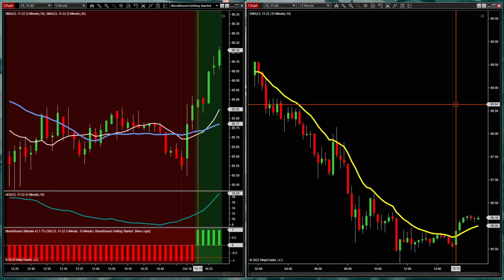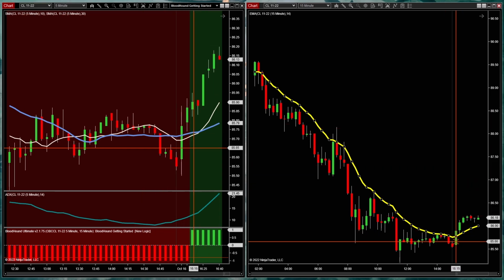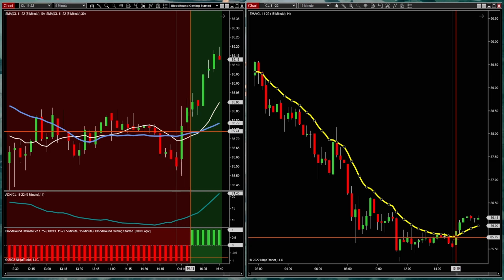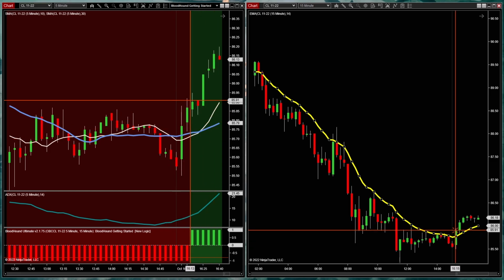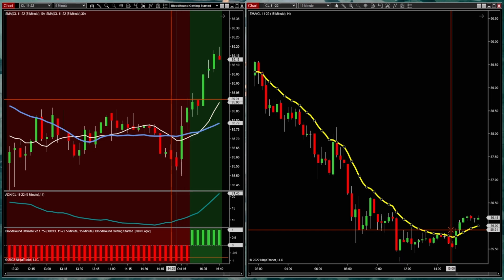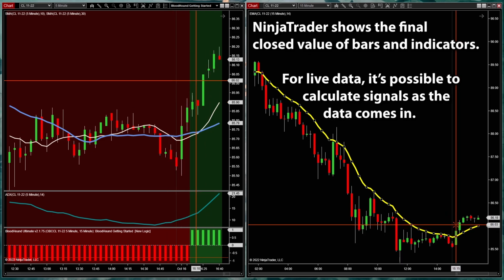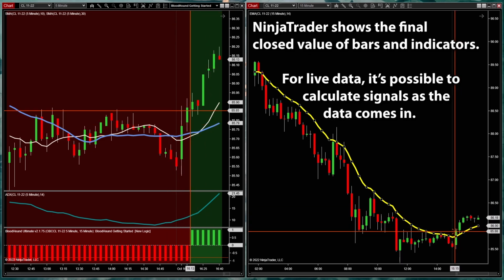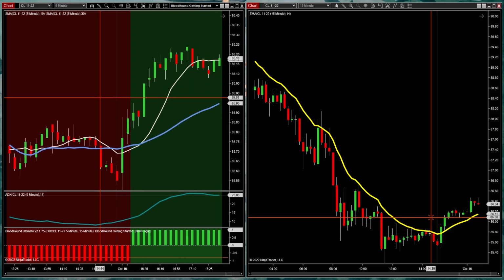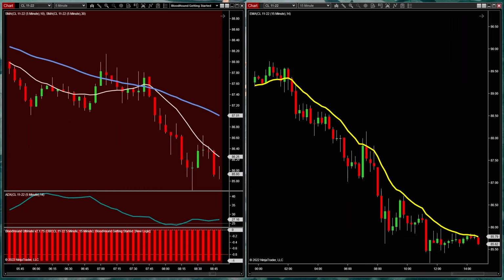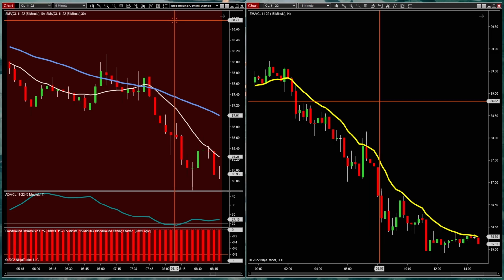Now it's worth noting that this is based on the close value of the bars. So wherever the EMA was sloping by the time the bar closed, that is what Bloodhound has access to in NinjaTrader. We only know the close value of those indicators. Okay. So as soon as it starts sloping up, we start getting long signals again. Perfect. Okay, so now that we've confirmed that we've configured our multi-time frame rules correctly for this slope solver,